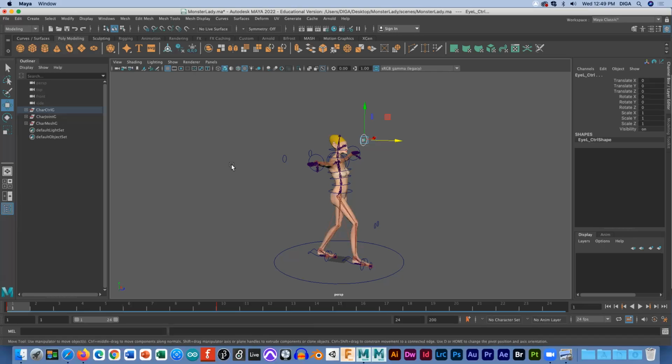Use the gravity controller. Just go to the gravity tool. Rotation and